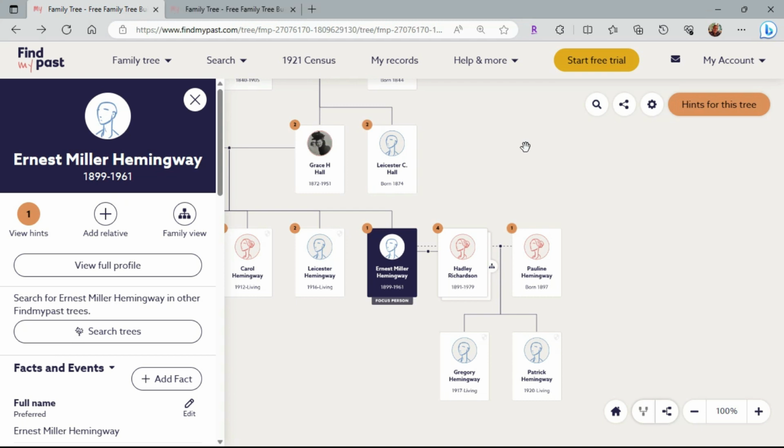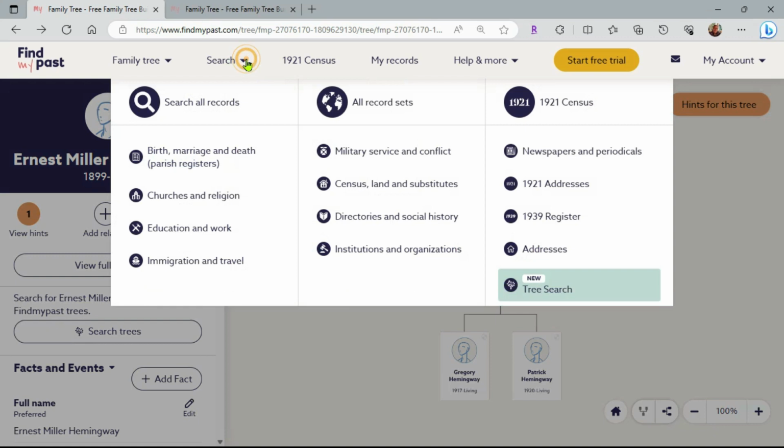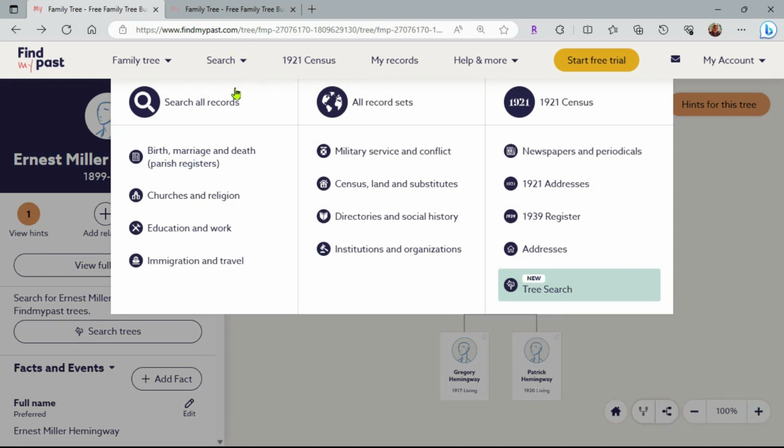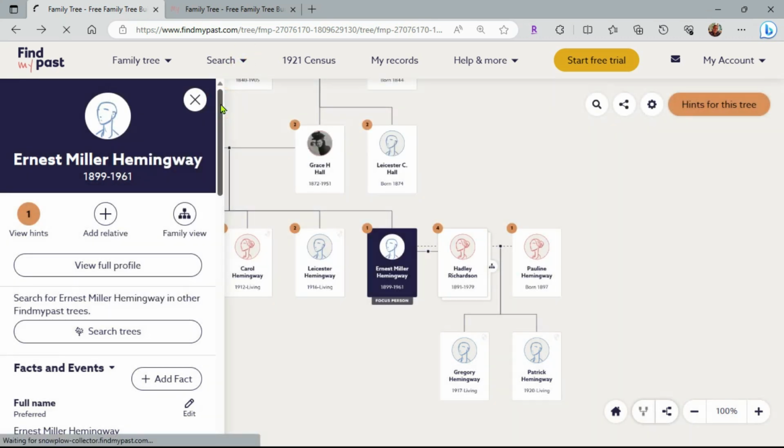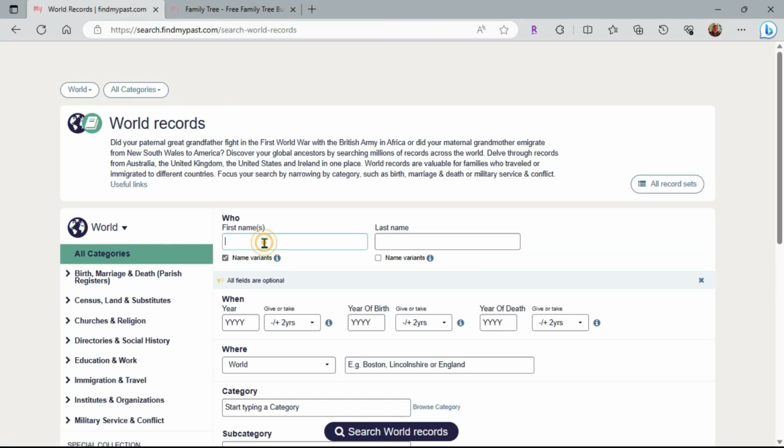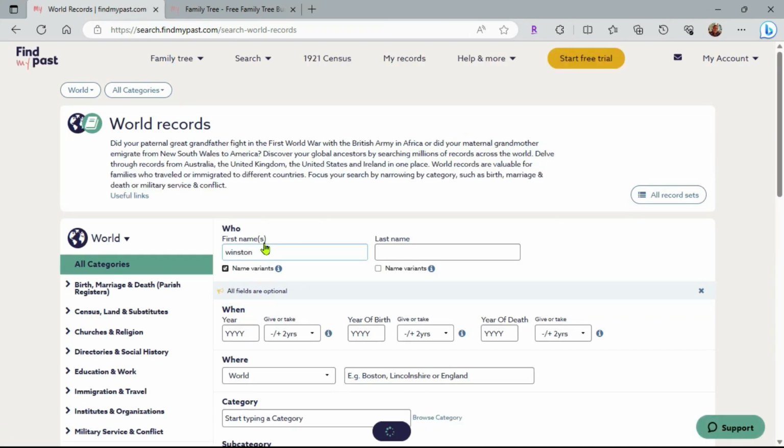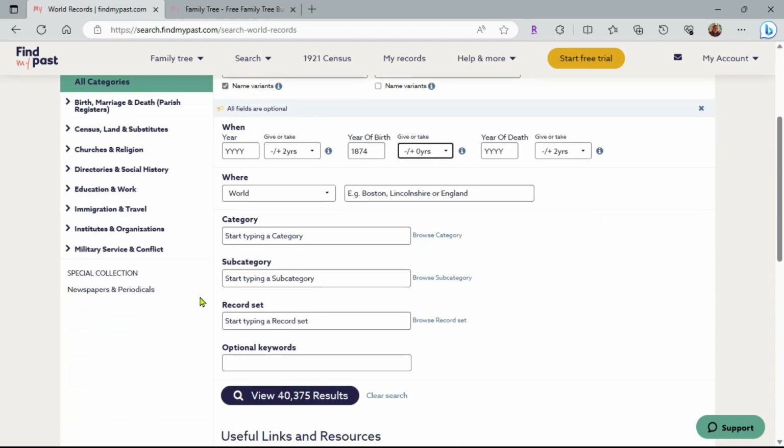So let me go ahead and see what search functions are available to me in the free account. So we'll type into the full records here. We'll type in an English name that everybody should know pretty well, Winston Churchill. He was actually born in 1874, so let's just put that in here so we don't get too many records. We've still got 40,000. We'll do a search here